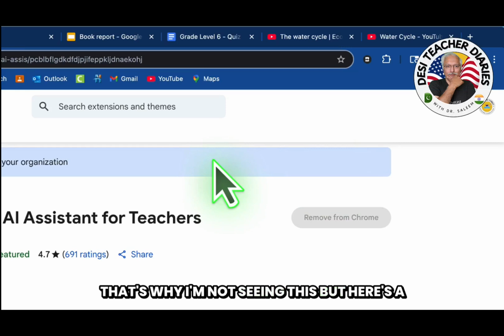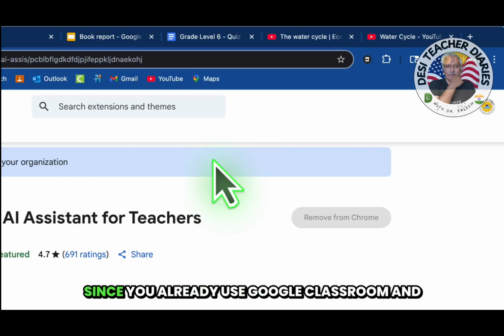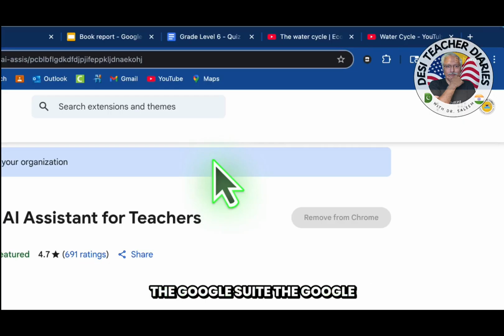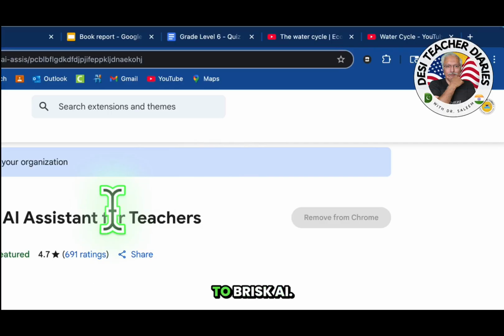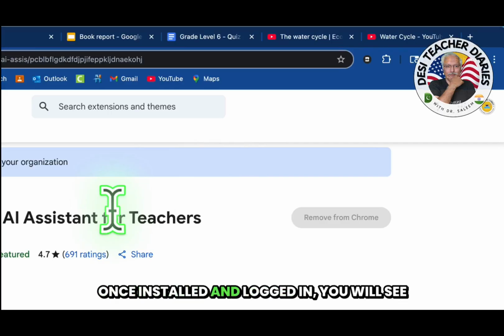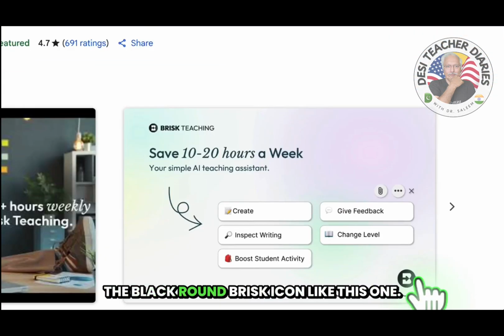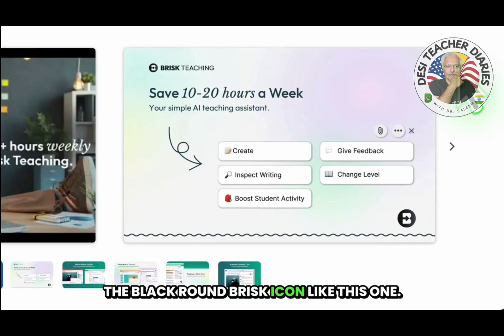But here's a beautiful part. Since you already use Google Classroom and the Google Suite, the Google Education Suite, everything in Brisk and Google will sync up automatically. No need for a new Brisk password, no complicated setup required for that. Google will automatically send the password to Brisk AI. Once installed and logged in, you will see the black round Brisk icon like this one,